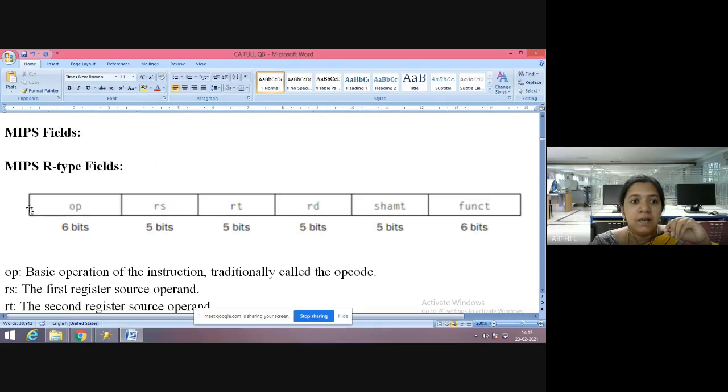Now you can see it is a 32-bit instruction. We have heard about processors. When you check your computer, you can see what kind of processor you have. In your laptop, you can go and check. Some computers will have a 64-bit processor. We say how many bit processor, right?